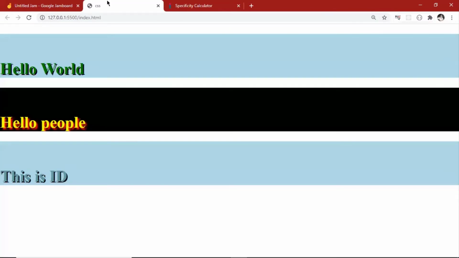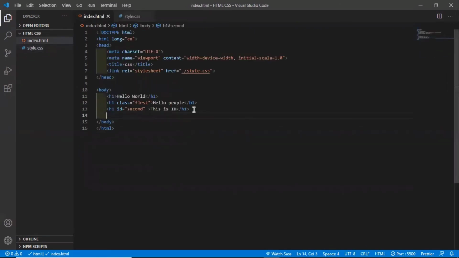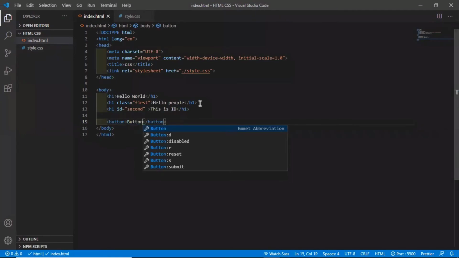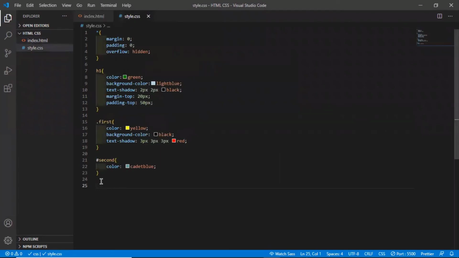So moving on, we will talk about some other things, as you know, the positions and all. Let's say here, let's create a button first. Button. To work with the button, one more thing: you must have seen that for h1 I haven't given a dot, because h1 is a tag itself, it's not a class.